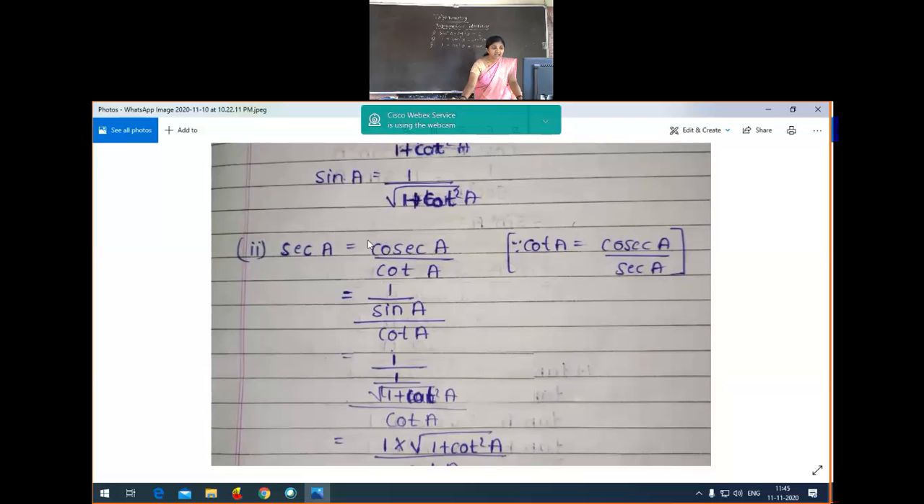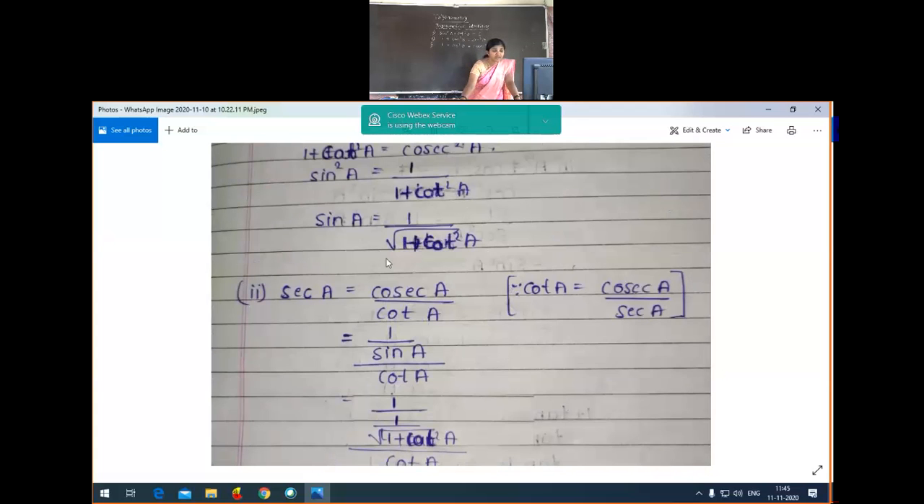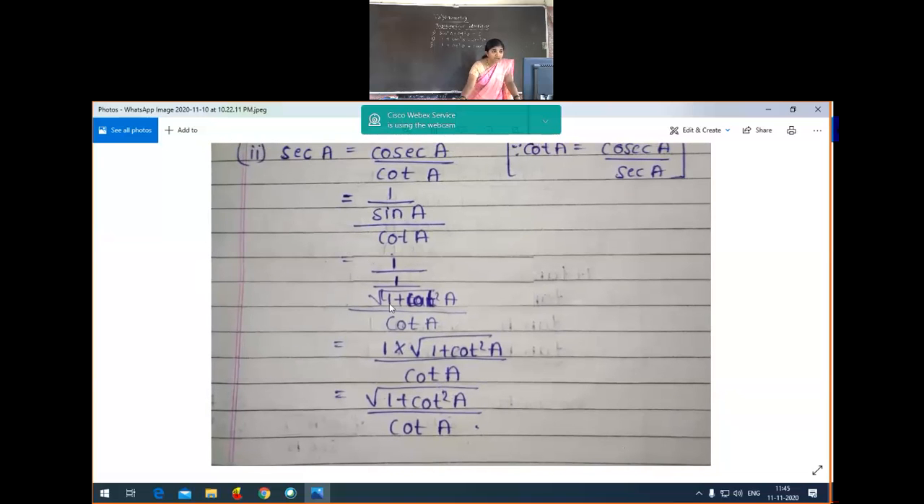Cosecant A we can write as 1 by sin A. Then cot A stays as it is, because we have to convert secant A to cot A only. So next, see here, 1 by sin A, that whole divided by cot A. How can we write the next step? So 1 divided by 1 plus cot square A. What did we do here? Just observe the first answer: sin A is 1 divided by square root of 1 plus cot square A. Got the idea, no? In place of sin A, we substitute the above answer, that is 1 divided